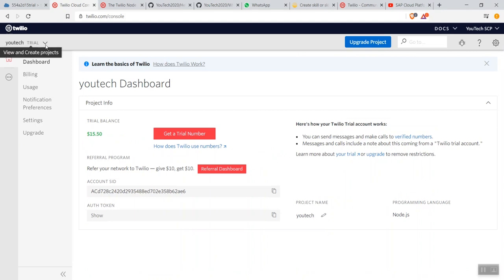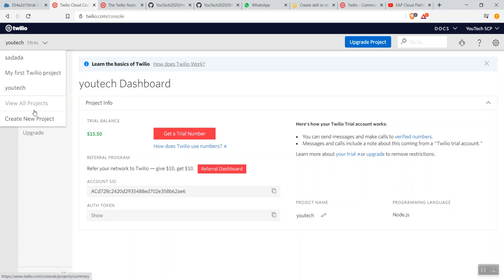Here the very first thing is we have to create a project. Under the project section, you can see I already have three projects with my name. My first video project, VTech, and a lot of other projects are also available. By default you don't have any projects. So click on create a new project and enter your mobile number, and one OTP will come to your mobile number. After entering the OTP, it will allow you to create a project for yourself.